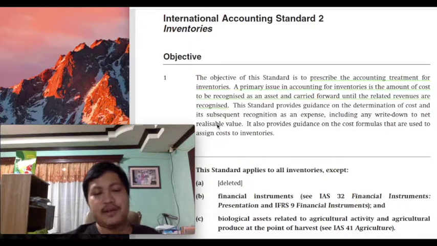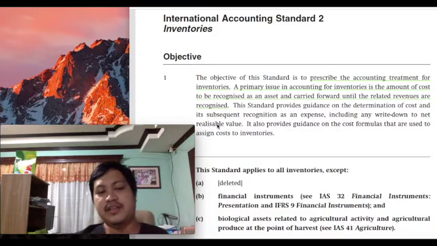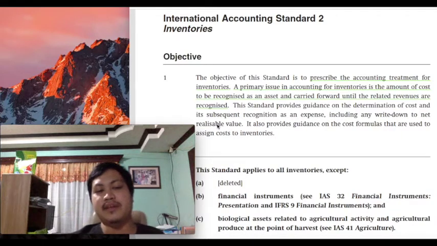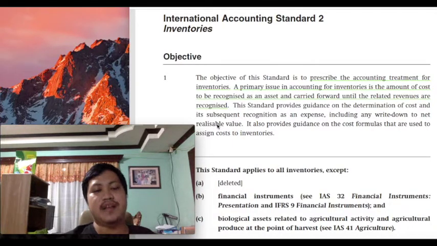What then does fair value mean for cash? It's actually very simple, class. The fair value of your cash is simply its face value or its face amount. Whatever value you see on your money, on your cash, then that is the value that you should assign to your cash.